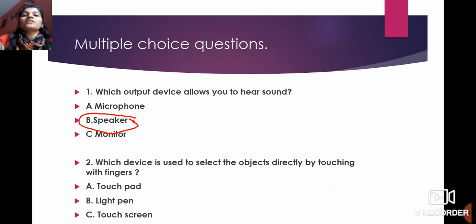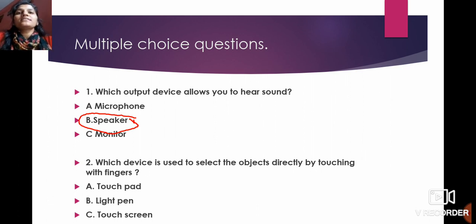So students, here you might get confused between touchpad and touch screen, right? Now here what is the question students? Which device is used to select the object? Okay, now we know that touch screen will be the answer here. Why? Because using touch screen only we can select the objects directly by touching with the fingers. Now why touchpad is there?